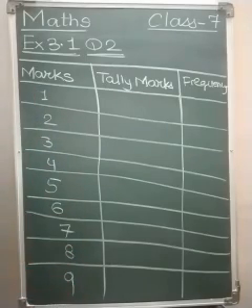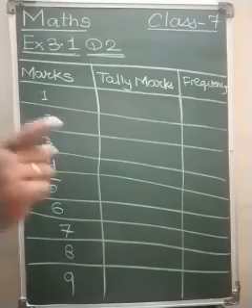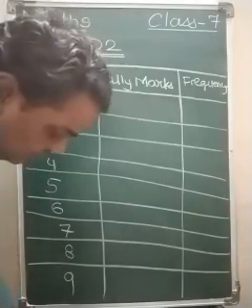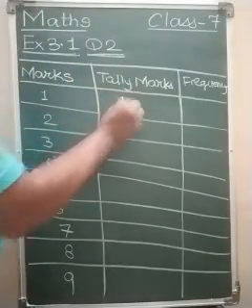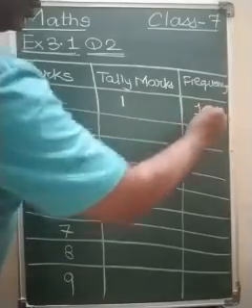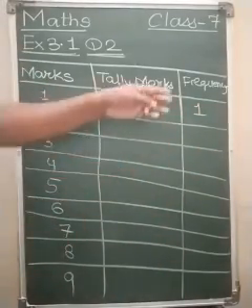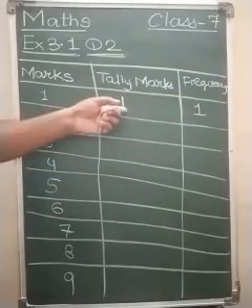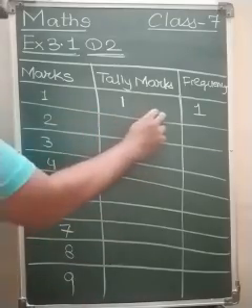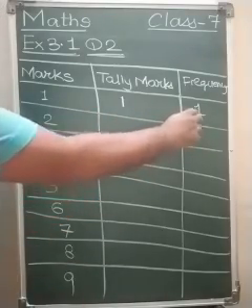where the data is given, how many students got 1 mark. Okay, here only one student we can see got the 1 mark, so we will give here only one tally mark and the frequency would be 1. These all things we have learnt in the 6th standard. What is meant by frequency? So here tally marks, how many tally marks come here? That would be the frequency.